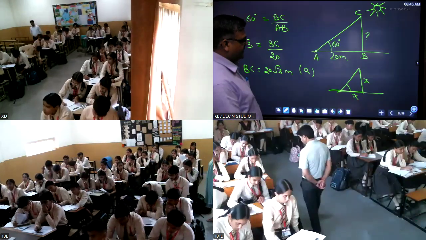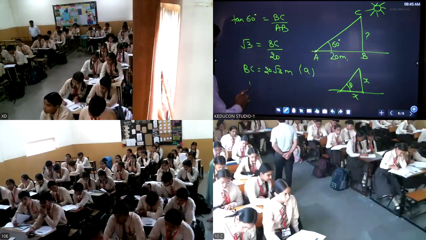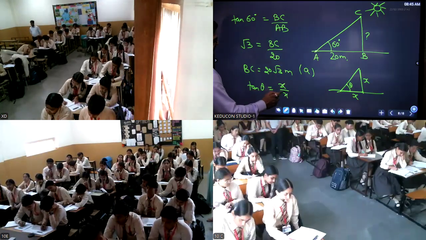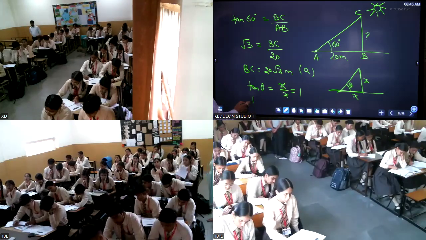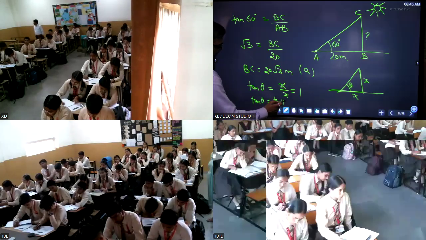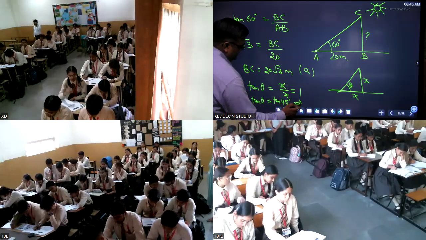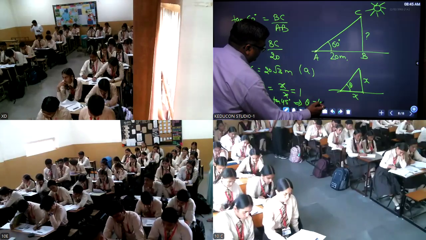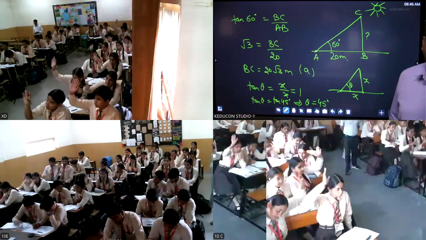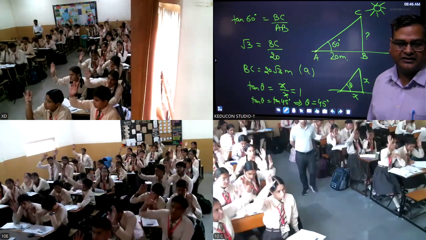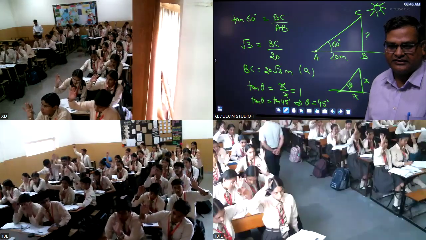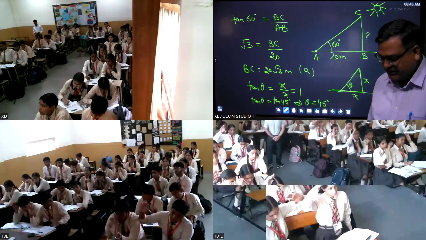45 डिग्री बच्चे, देखिए अगर ये थीटा है तो tan थीटा इज x/x हो जाएगा, विच इज 1, और tan थीटा 1 कब होता है, 45 डिग्री पे। सो यहां से आ जाएगा थीटा इज 45 डिग्री। कितने बच्चों को ये दोनों क्वेश्चन समझ आए हैं? प्लीज रेज योर हैंड, क्योंकि मैंने अभी पूछ लेने हैं। सबको समझ आ गए हैं। चलिए नेक्स्ट क्वेश्चन पे चलते हैं जी।